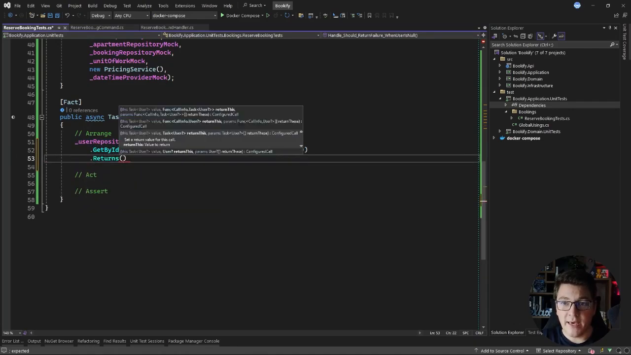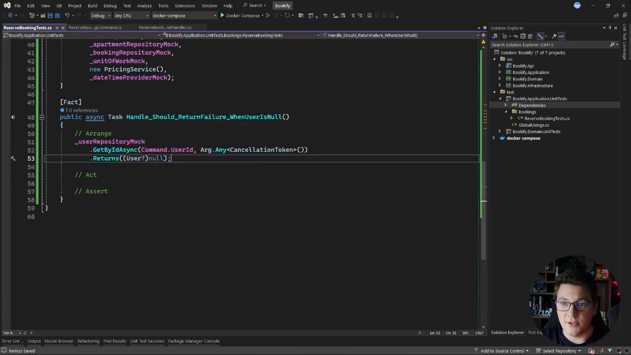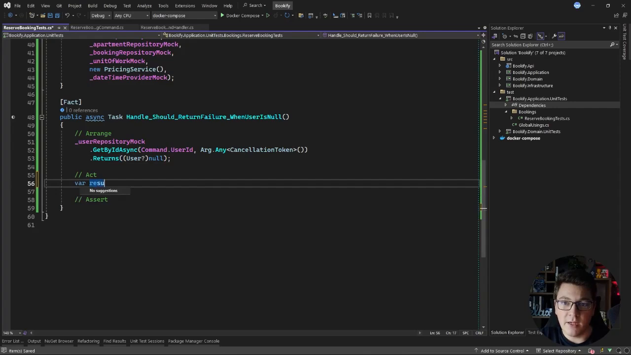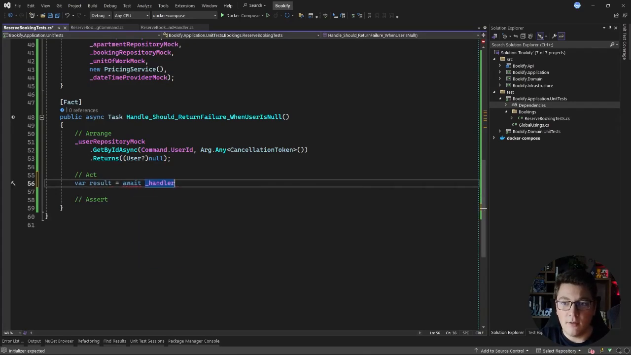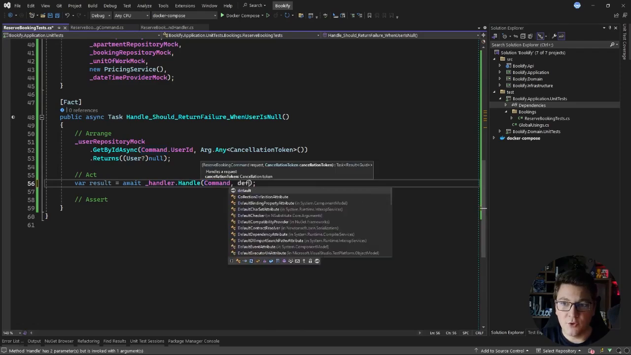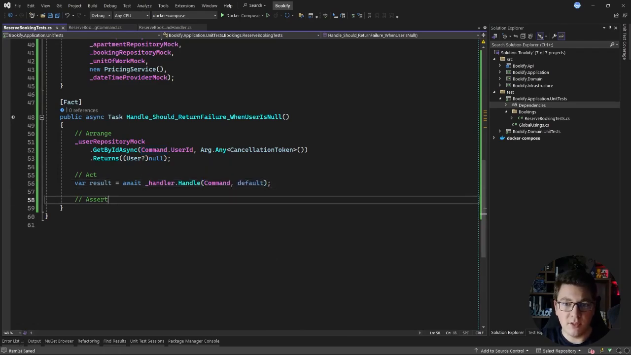Then I can also access the returns method like we did with the property on the datetime provider, and I can configure what this method should return. In this case, I want to return a null instance of a user, and then in the act step, I can just create a variable to hold my result, and I can call my reserve booking command handler, invoke the handle method, and pass in the command instance. For the cancellation token, we can pass in default because it's not important,